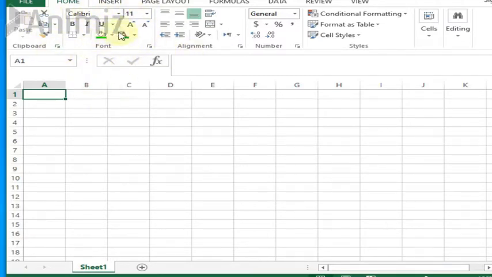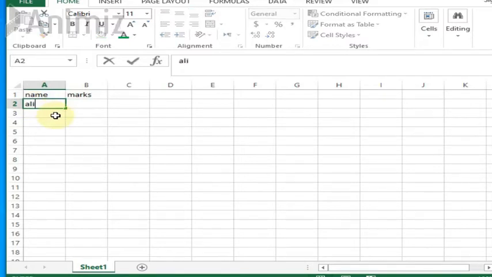In order to format data, we are just going to look at the Font group in this Home tab. For example, I'm just going to put in some data. Let's say Name, Marks.